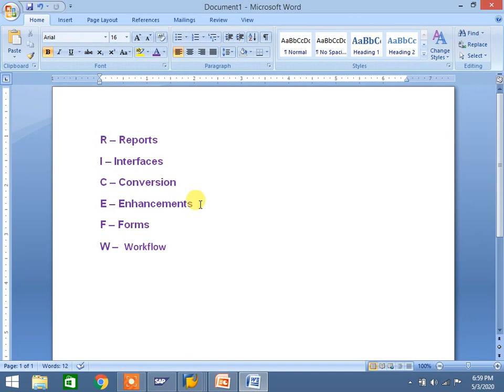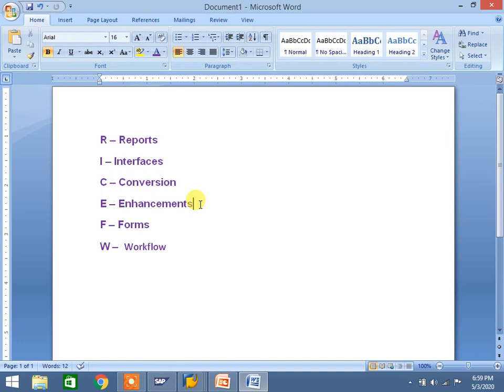The functional consultant's work is to get total information from the end user. After that we need to prepare the functional specification and submit it to the technical consultant. Once the technical consultant is done with their coding, we need to test it. After that we will move it to quality through the basis consultant. After UAT is completed, it will move to production.